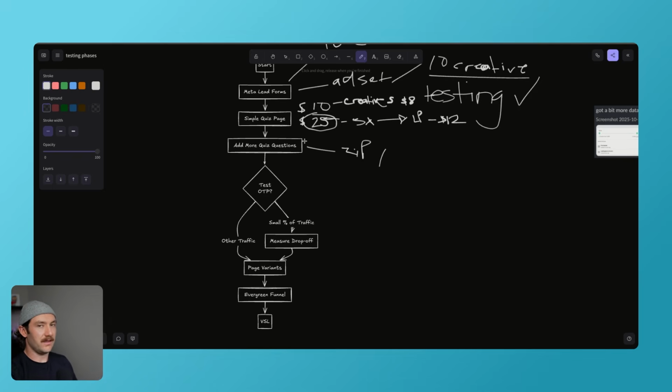Not that there's anything wrong with having 10 questions. There's actually quite a few questions, but if you have a lead form versus 10 questions versus 30 questions, the lead form is going to be like, oh, I don't remember filling anything out. That must have been someone else. See ya. Versus the 30 question is like, oh yeah, I took 10 to 15 minutes to get through that. You know, it's going to be a good quality lead. And quality,